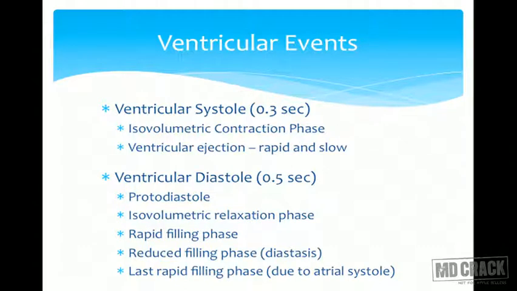This phase, where the ventricle is contracting as a closed cavity, the first phase of the ventricular systole, is called the isovolumetric contraction phase. What do you mean by iso? Same. The volume will remain the same. So, isovolumetric contraction phase. What will happen in this phase? The volume will remain constant, at about the end diastolic volume, but the pressure will tremendously increase.